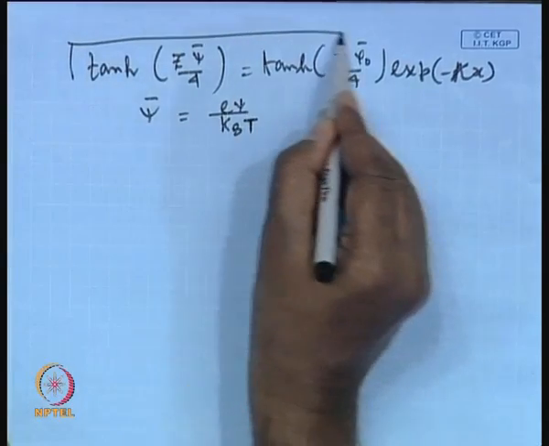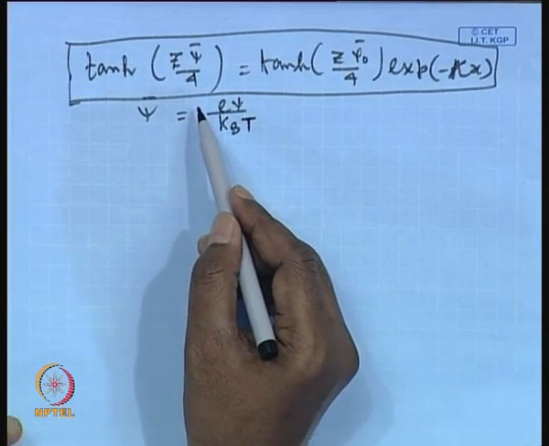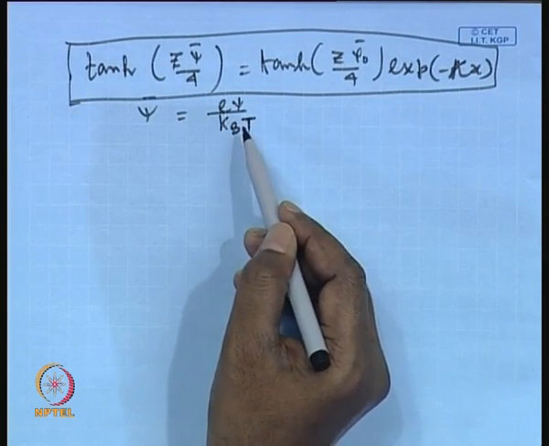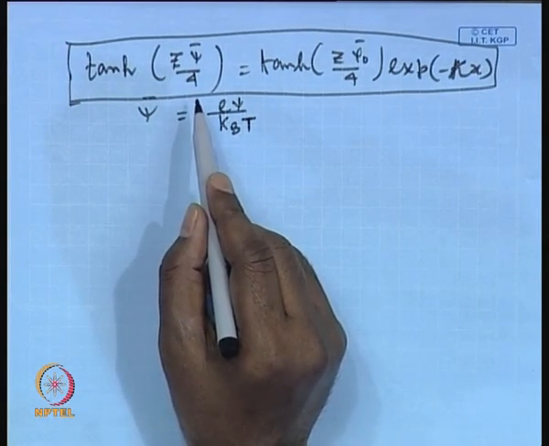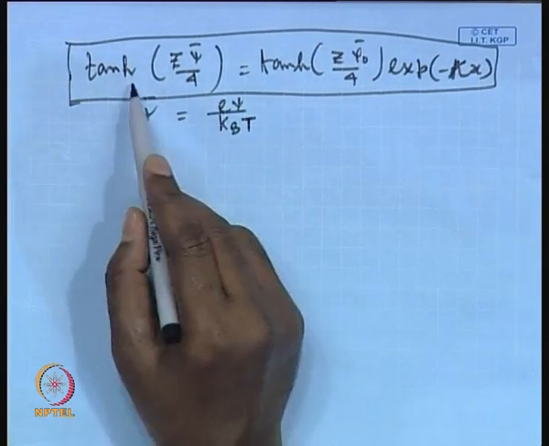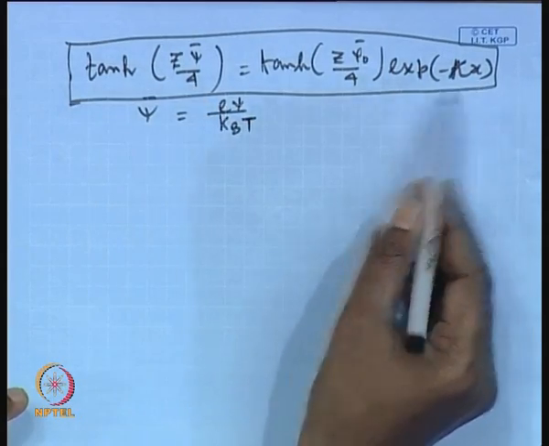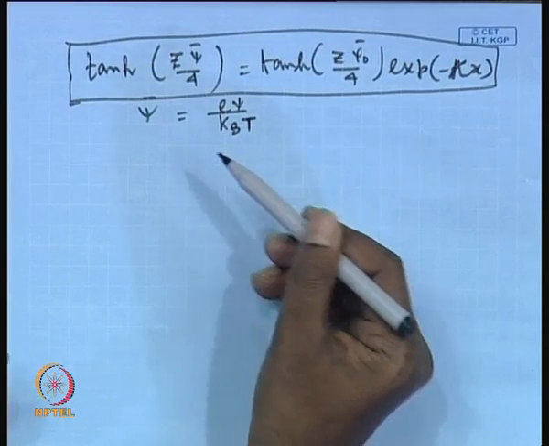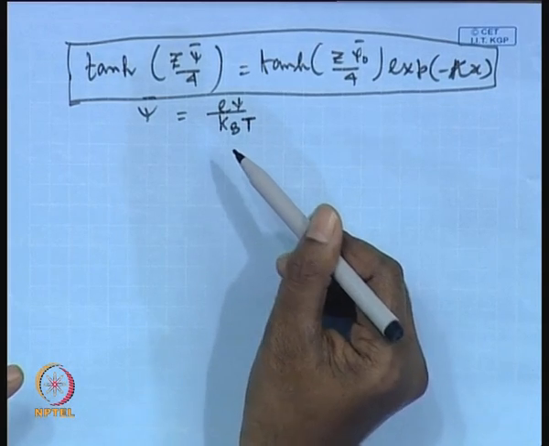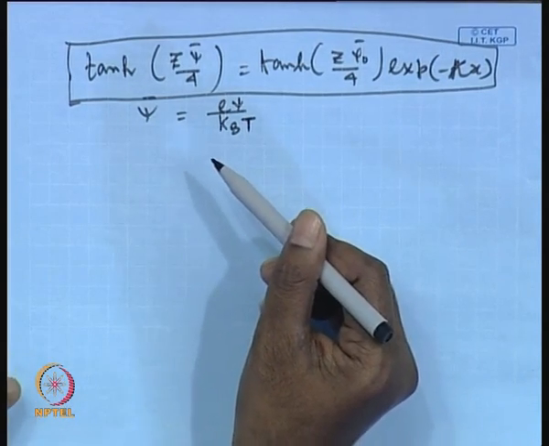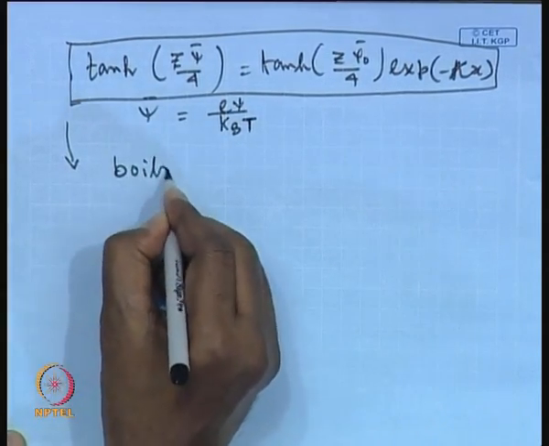Okay. So, this is the generalized distribution of surface potential as a function of x for a Z is to Z electrolyte. And if you remember, this equation does not give an explicit expression of psi as a function of x, this gives a transcendental equation. Okay. So, if you would like to find out what is the value of psi at a particular x location, you have to solve it by trial and error, because it does not give you the explicit expression. Okay. So, the advantage of getting explicit expression is using the Debye-Hückel approximation if you have a surface potential less than 30 millivolts. So, this expression will boil down to